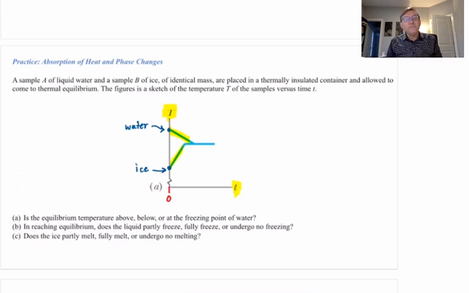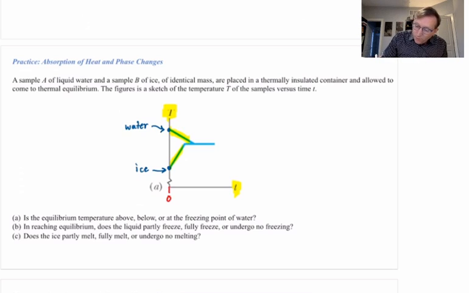Simple reason for that: water, by which we mean liquid, and ice have different specific heat capacities. I'll let you think about which one has the larger and which one has the smaller specific heat capacity. Nevertheless, the temperature of the water goes down and the temperature of the ice goes up,